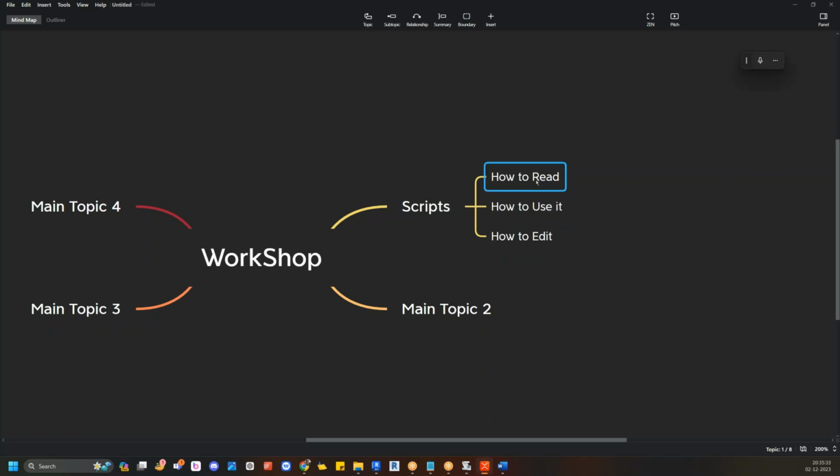So how to read, in the sense, there are some strategies to understand. Because you are not the owner of the particular script, but you should know how to understand it. For example,